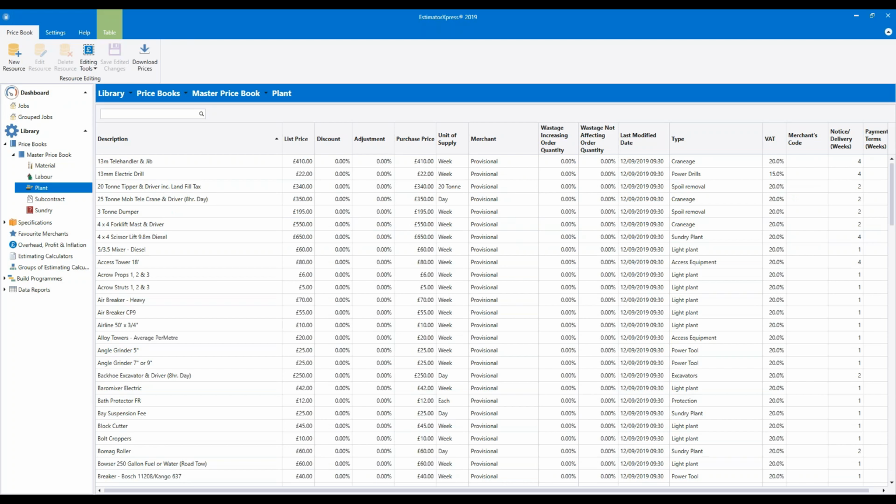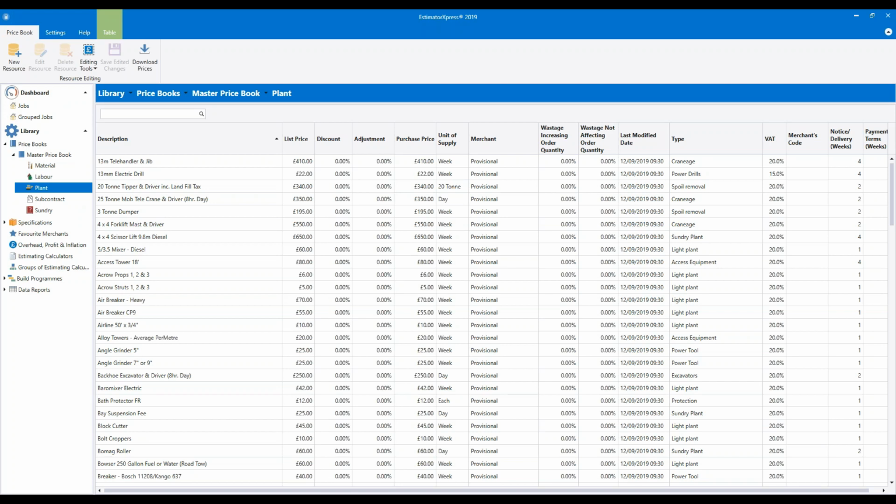Okay, so the plant section contains not just plant but also tools and equipment that you may use during the construction process. You may hire the equipment or you may own the equipment. If you own the equipment, you still need to charge for the use of it, so you still need to pass on the costs of it to the client. Otherwise, you're not covering your capital expenditure on those items, and any profits you think you're making from a job will in fact evaporate when your accountant looks at the books. We'll look at profit a little bit later on.